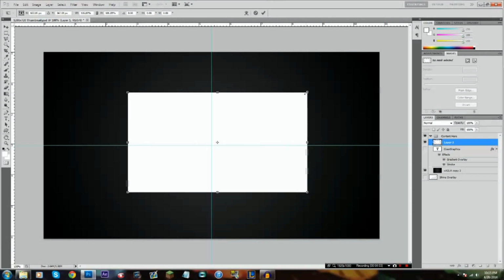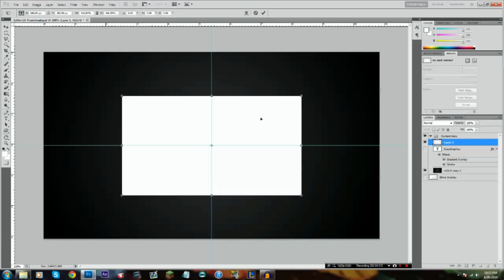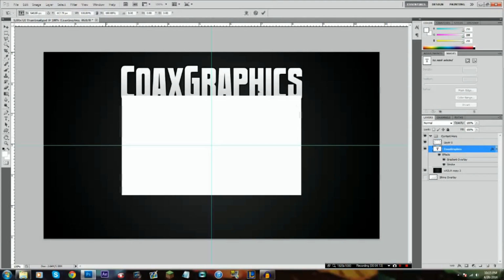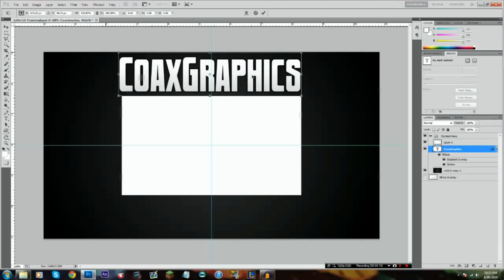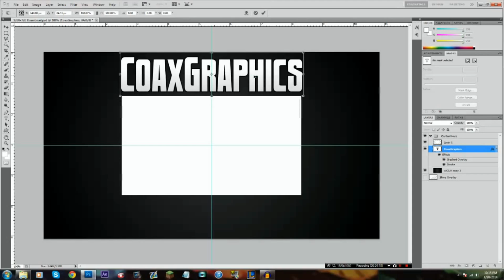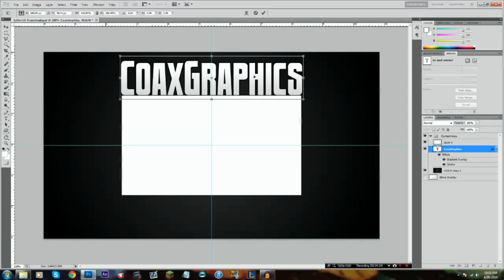You can just click Shift, and grab the corner and just drag out until you see fit. Then you put it in the middle. Click the little check button up there. I'm gonna bring back my text. Now I have it, and I'm gonna put it in the middle. I'm just gonna press that arrow key down a little bit till it's about resting on top of there. And see, that looks